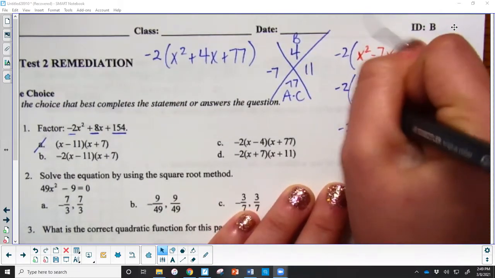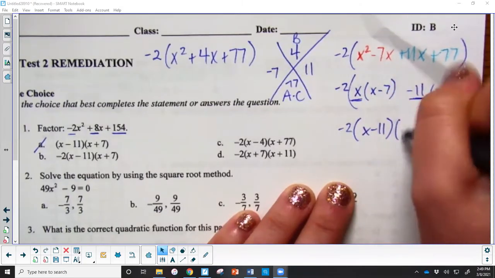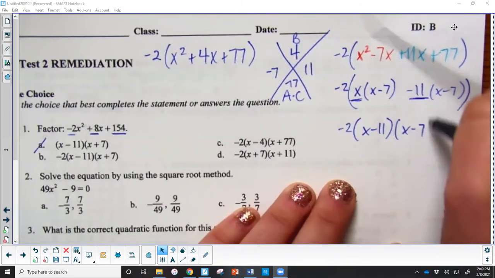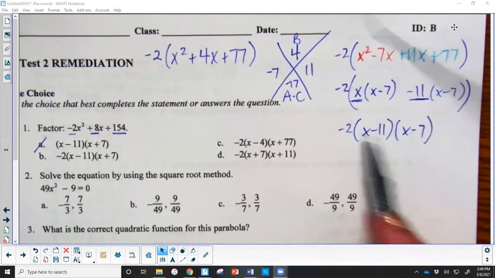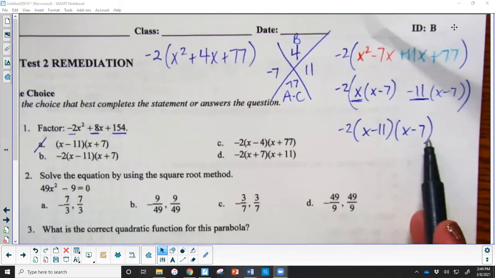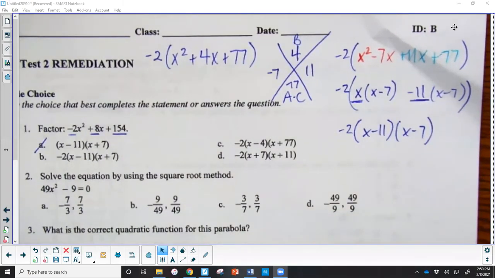So my final answer, I take my outside terms, and they become one group. And then these two groups become one group. And it doesn't matter the order here. You can have negative 11 on the back end. You can have negative 7 on the front end. Does not matter at all. All right. And the only one that seems to match here,